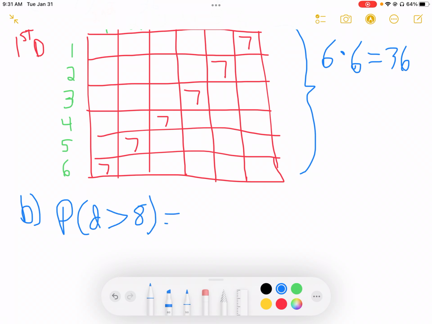Okay, so we know that my total number of possibilities is 36. We already know that, because it's 2 dice. Those 2 dice have 6 and 6, so it's 36. Probability that's greater than 8. Hopefully what you can see now over here, and you might have to make this chart to make it easier for yourself,